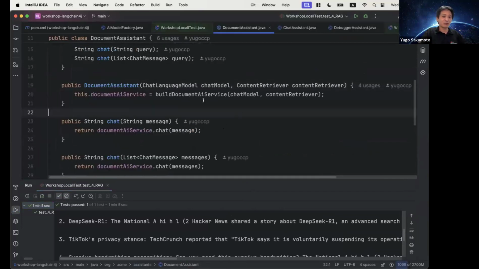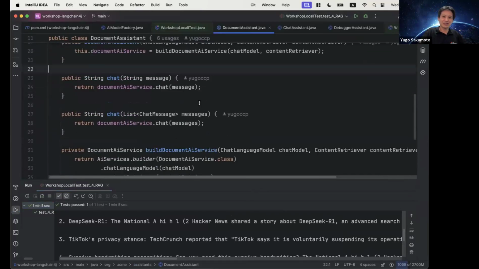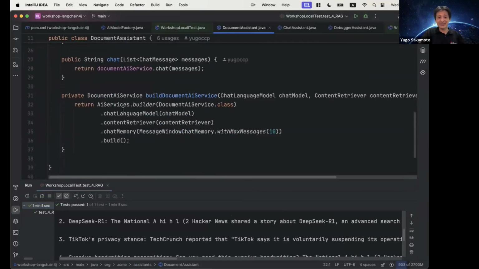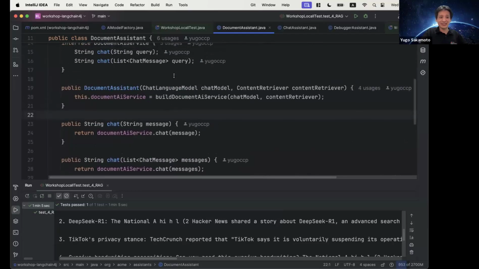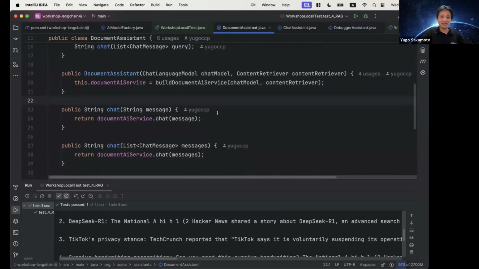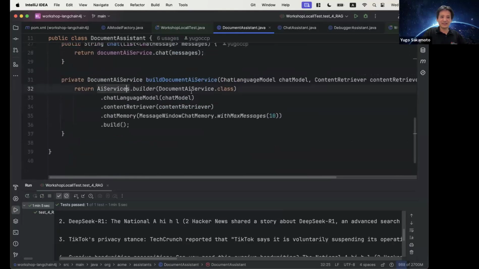So if you see here how it works behind the scenes, most of the code is handled by LangChain. So there's not much code from my side. I just created this document assistant and set up the content retriever and the chat model inside this AI service,